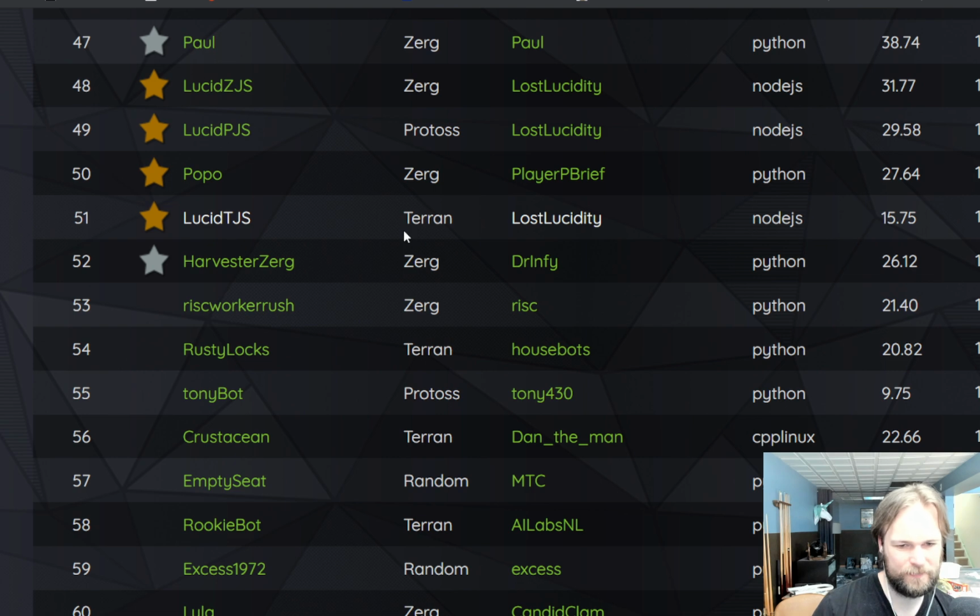Right, so Tonybot's taken down by Crustacean, so we will be moving on. Now, Rusty Locks is actually a house bot. It's just one of these practice bots that we have that we put on the ladder to...